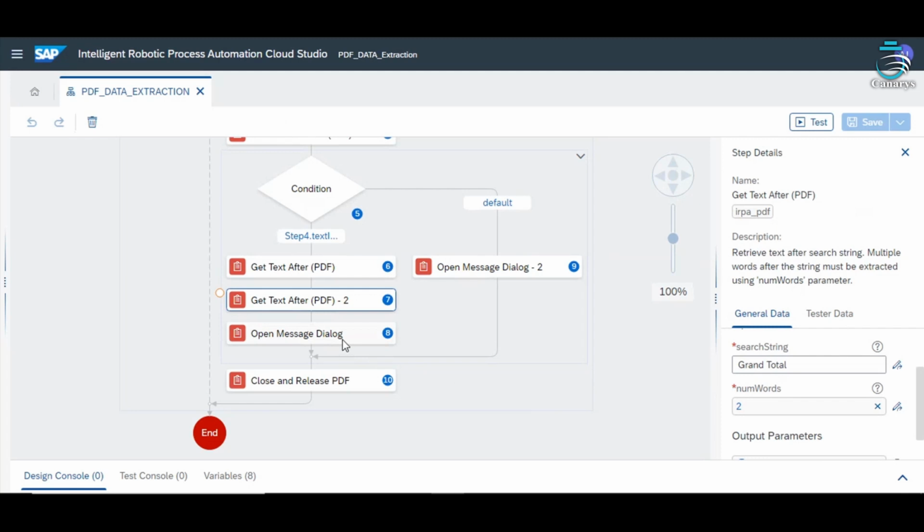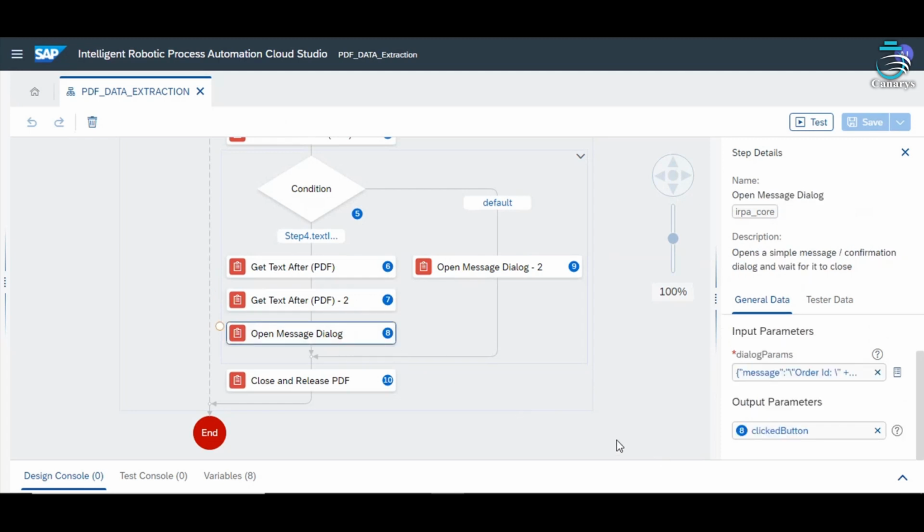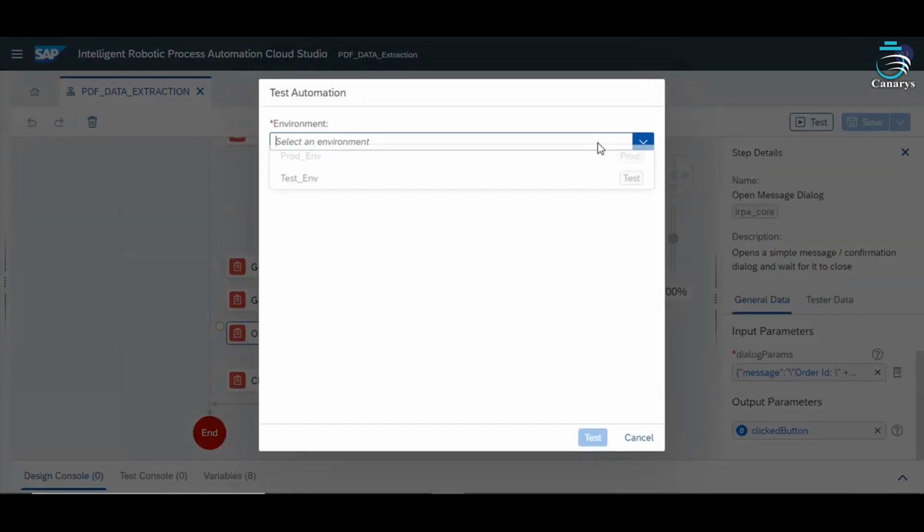Then I have given an open dialog for displaying those two outputs, and then I have closed and released the PDF. Now let us see the workflow of this. I have to choose an environment to run the test.